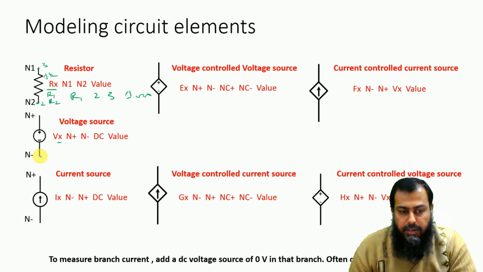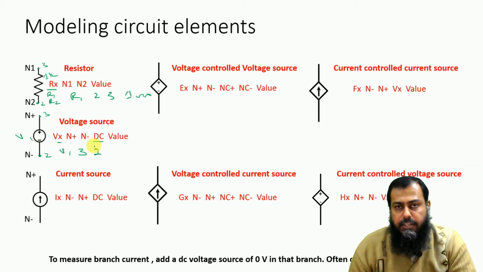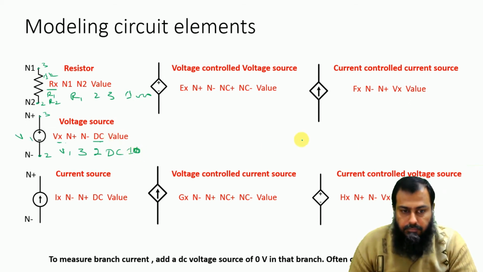So for example, if I have this node number 2 here and we have node number 3 available here, and let us say this is V1, then I will say that V1 is connected between node number 3 and 2. If it is DC you have to write DC, if it is AC you have to write AC. But since we are only dealing with DC circuits in this particular course, it is DC and then whatever the value is. So you can have 1 volt or you can have 10 volt, whatever it is. You need not write down this V here, you just need to write down the value here.